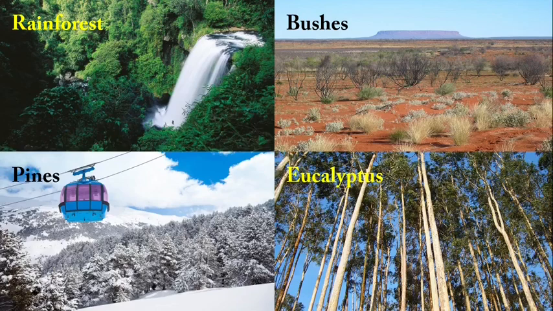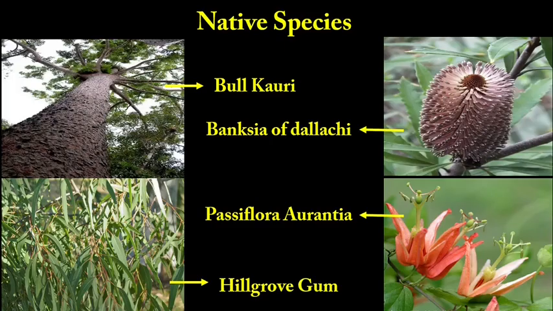Among the vegetation, we can mention the vast number of trees in the tropical zone, the bushes and creeping plants in the desert, pine and broadleaf trees in the Australian Alps and the Tasmanian mountains. In the south of the country, eucalyptus trees are very present, containing about 500 species. Finally, I will mention some species native to Australia.